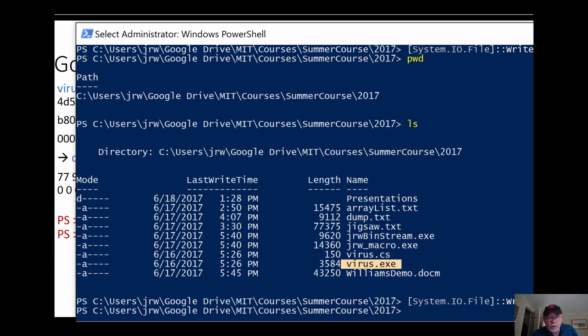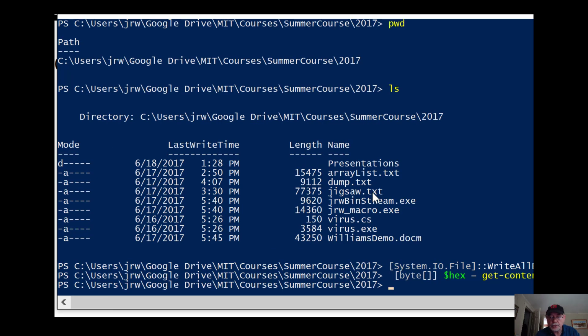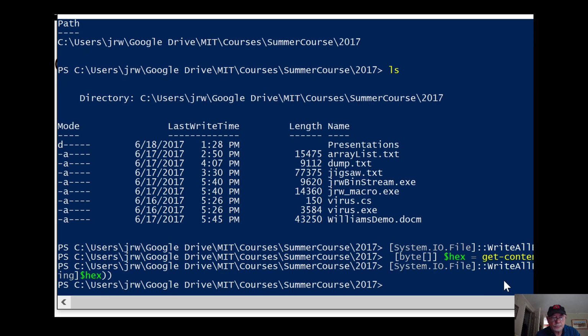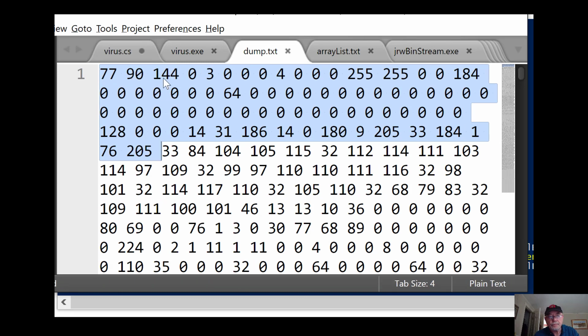So we run that in the PowerShell. Okay, so here's our first instruction, get content. We're going to get the virus.exe file. So that's done there. Then the next command we want to run is write all lines, and I'm writing it out here. So boom, write all lines, it's done, and if we look now at our file, dump.txt, here it is. So now I've got it in this form of a long character string,